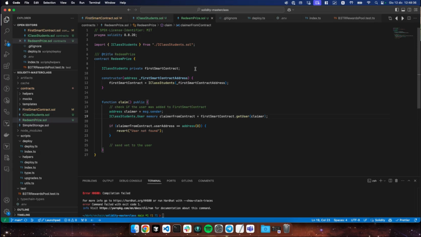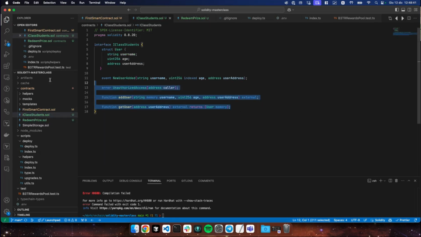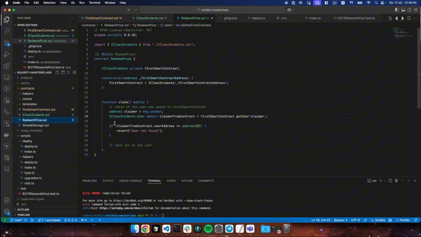Copy paste, and it's the same thing, right? Because what actually matters are the functionalities inside here. And try to think about this like one of the most major use cases for interfaces is for creating standards. So if you think about blockchain and you think about tokens, like we have the ERC20 token,